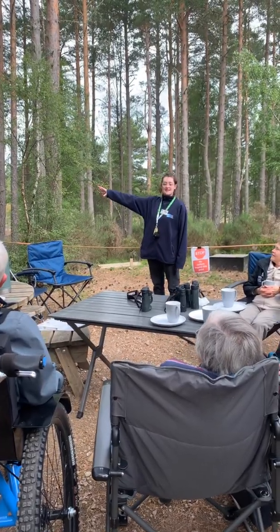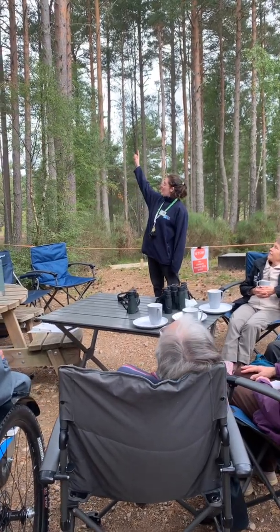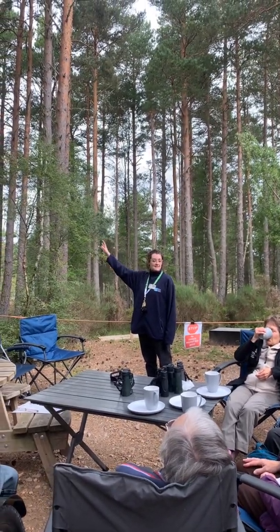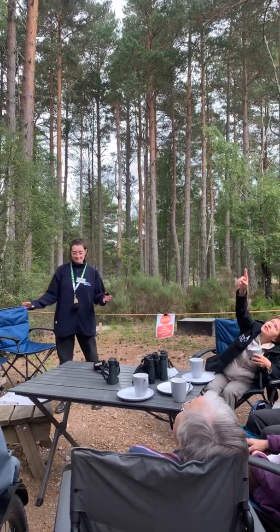They start off as this lovely sort of grey-brown colour, but then when you look up higher, it turns this lovely rusty orange colour. So that's one of their key features here. Another thing